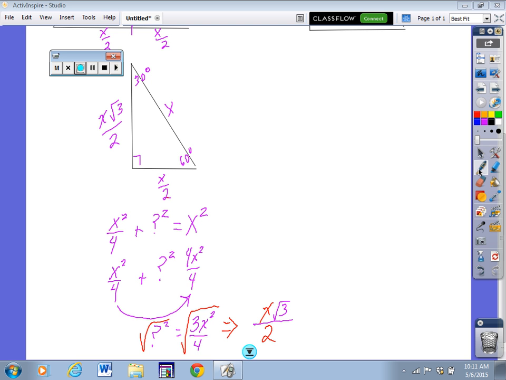Mr. Agamite may have given you the triangle in this way. So let me give you both of them. He may have said, well, because it's a little bit easier to digest. So this is 60 degrees, this is 30 degrees. If this is x, actually let me use something else so that it doesn't get too confusing. Say that this is a side length. Then I double this. And if I multiply this, whatever it is, by the square root of 3,